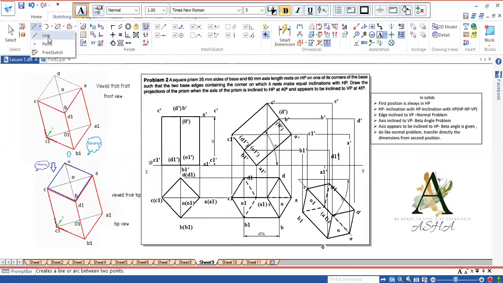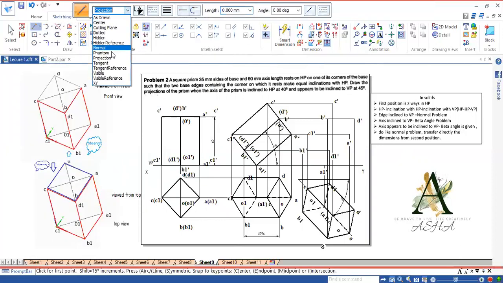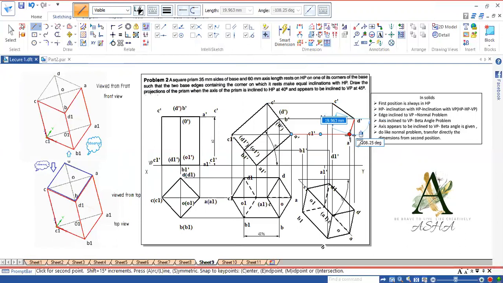So go for line option, take the visible line, connect all the outer boundary points. So connect all the outer boundary points through visible line. See which is the base near to the observer.